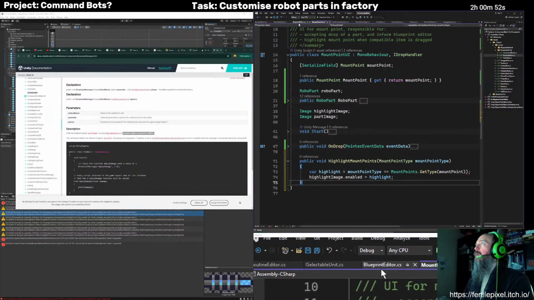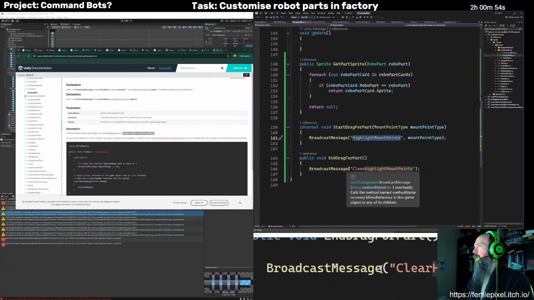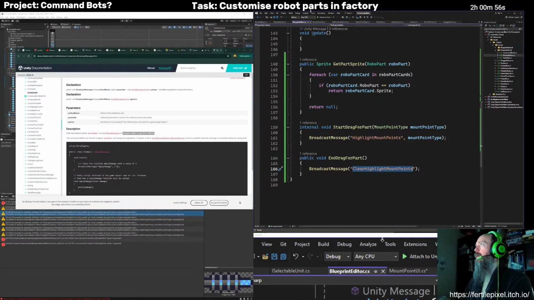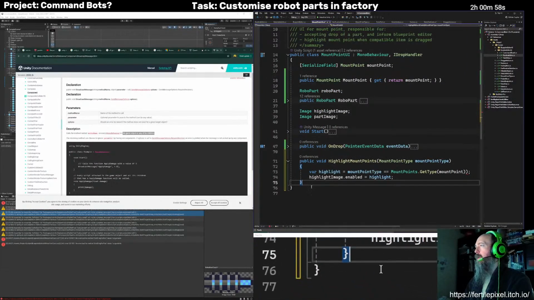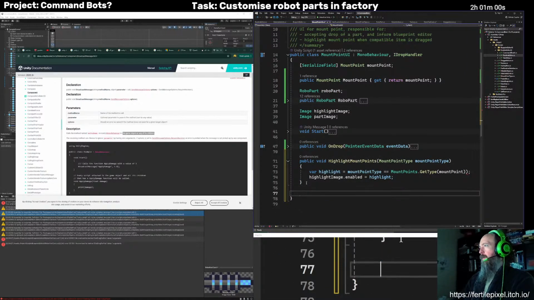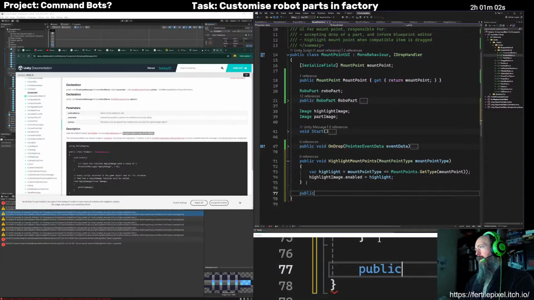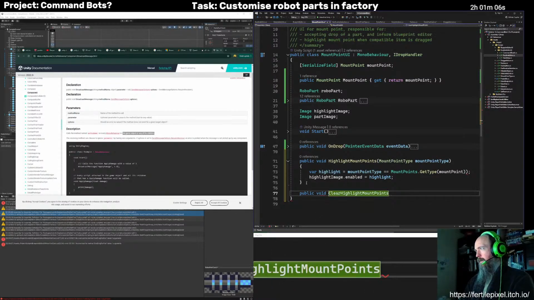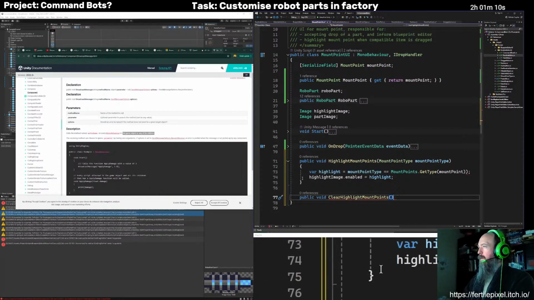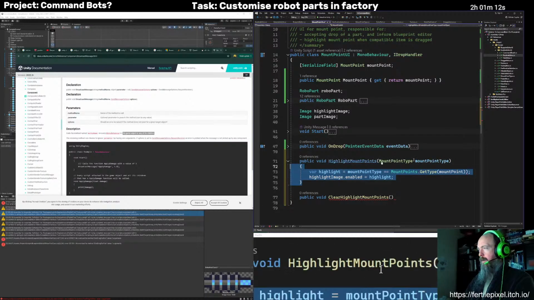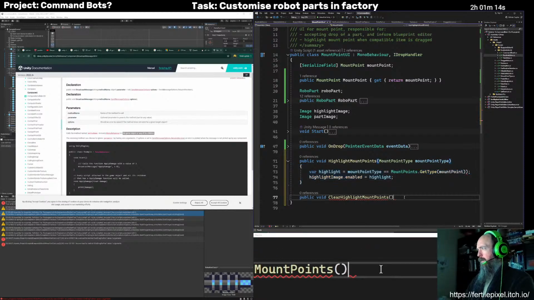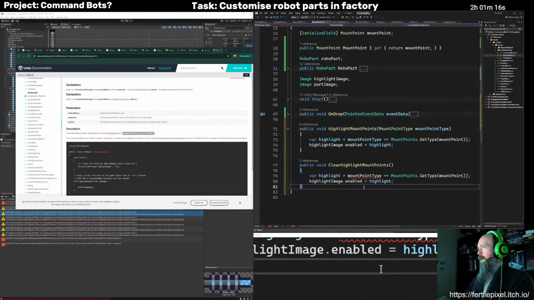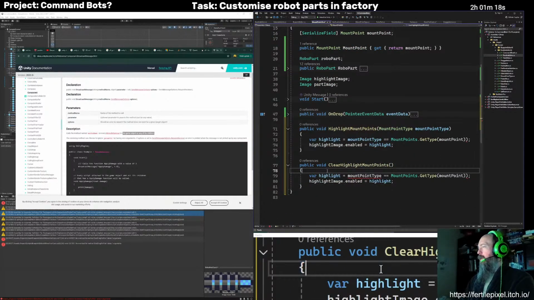And for the other one, it's just going to be similar. I don't know if these need to be public. We'll basically just have that. But we don't need that.